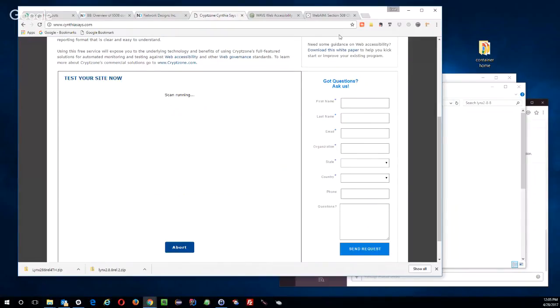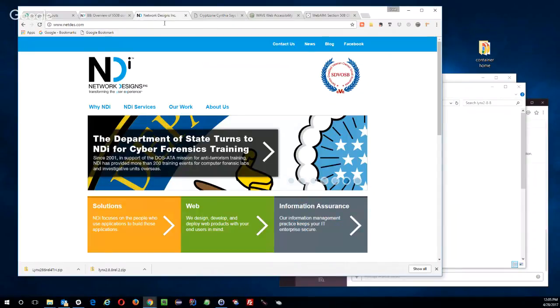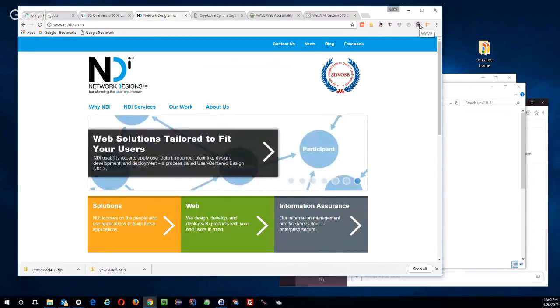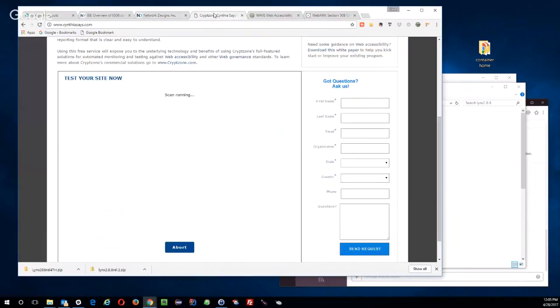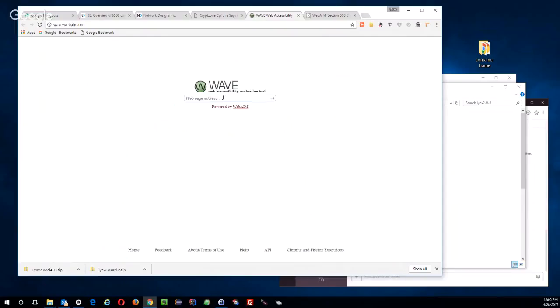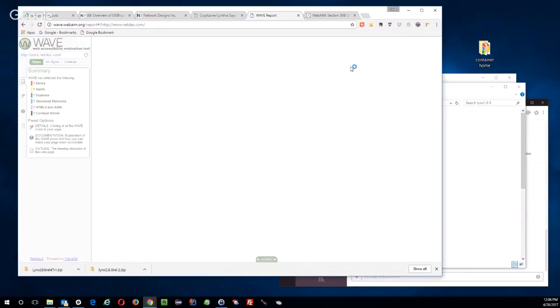All right, while that's running, I'm going to also load that site in the browser-based Wave tool. And we'll look at the differences between what Cynthia says and the browser-based Wave tool. The next one is the Wave web check. So we're going to type the browser in there. We're going to let that start to rock as well. And then we'll come hit all of these